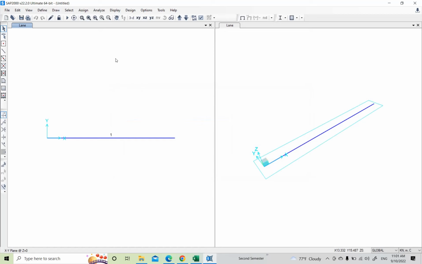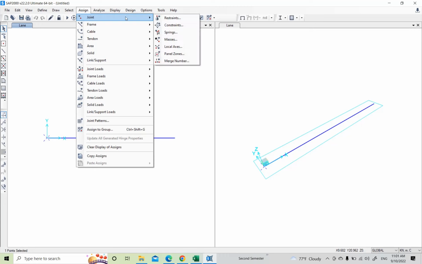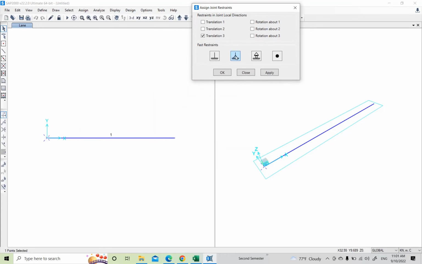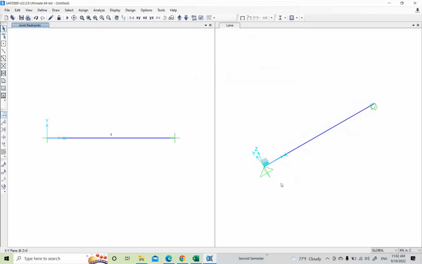Now before running analysis you have to assign the restraints to your support. Since this is a simply supported span, let me select this joint here first and go to assign joint restraint. This will be our hinged end, so select this hinge and click on apply, and on the right hand side we will apply a roller joint. So click on this joint, select this roller and then apply, click on OK,